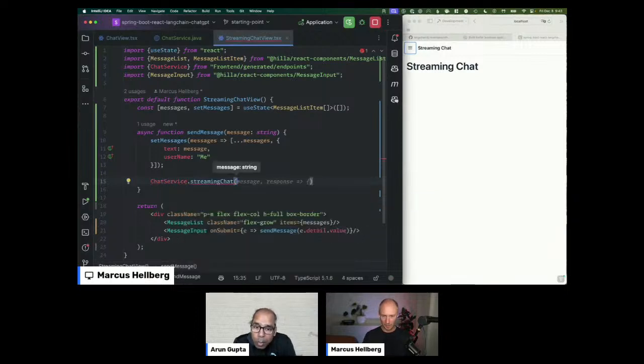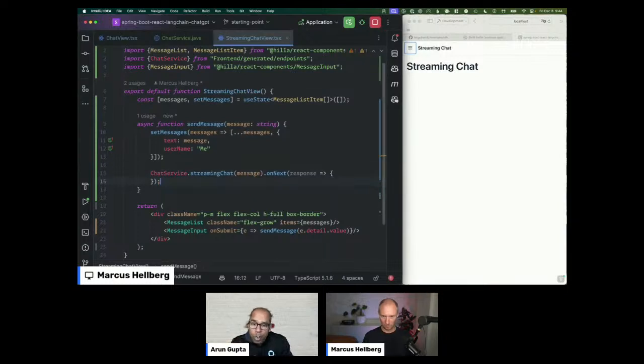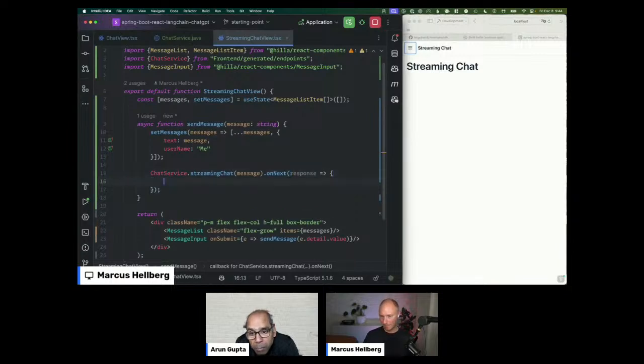Again, we're going to pass the... It's the same thing because it's browser callable, and IntelliJ recognizes the API and does that code completion for us. The difference here is that now we call onNext to give it a callback that should be run anytime things happen.